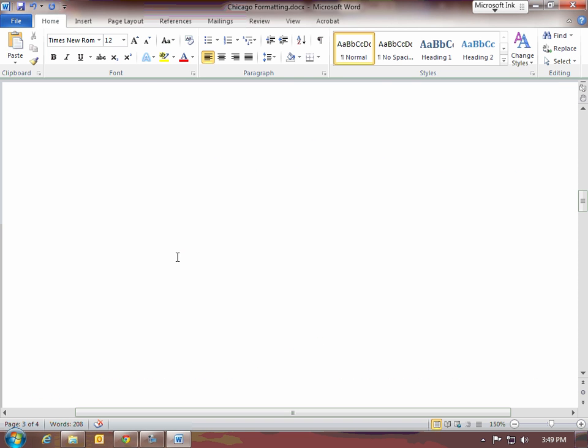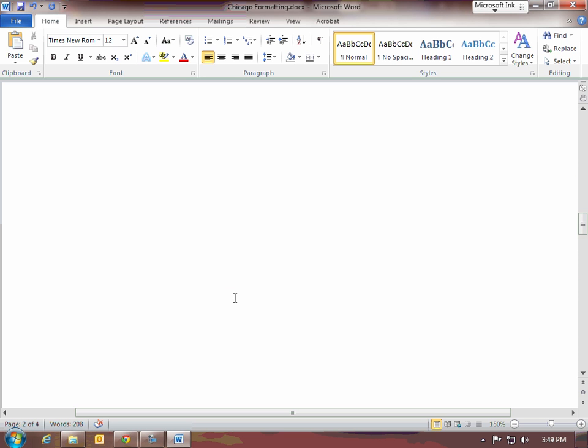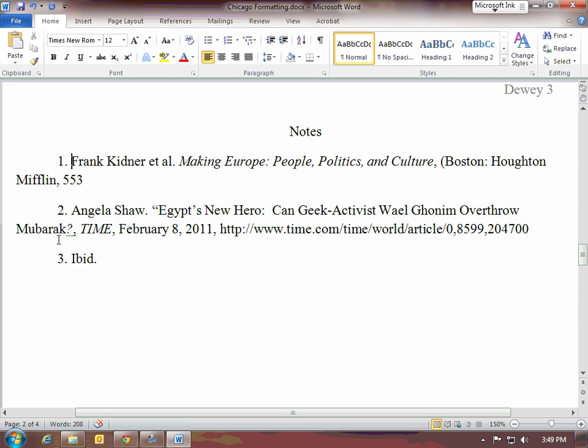So going back to the in-text citation examples, if there happened to have been 13 numeric in-text citation numbers used in your paper, then there would be on the notes page 13 resources listed. The formatting of this page is including a title, which is simply the word notes. That's 1 inch from the top of the page, followed by a double space, and then the first resource listed. Notice that this resource has